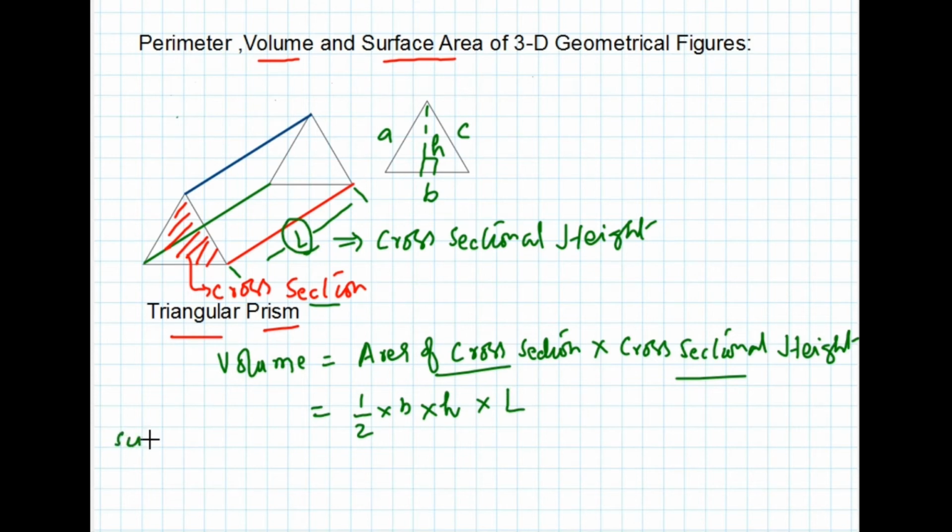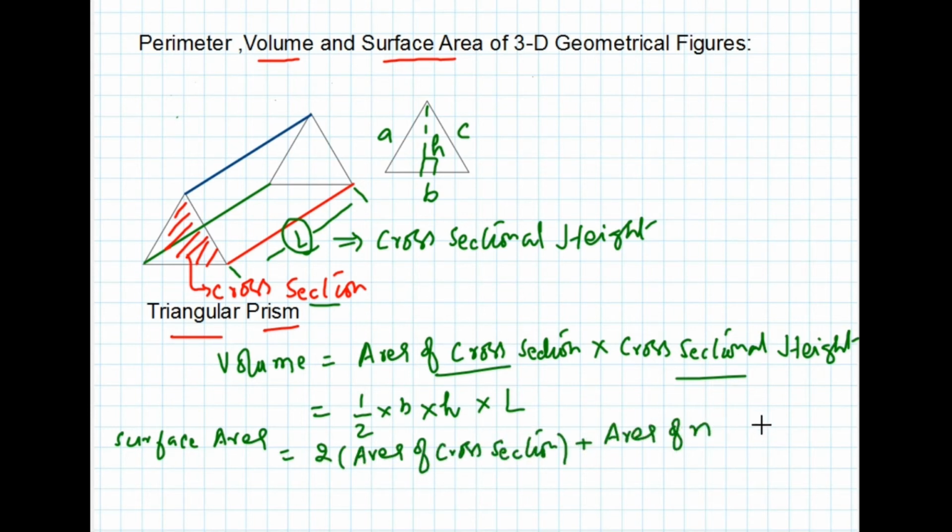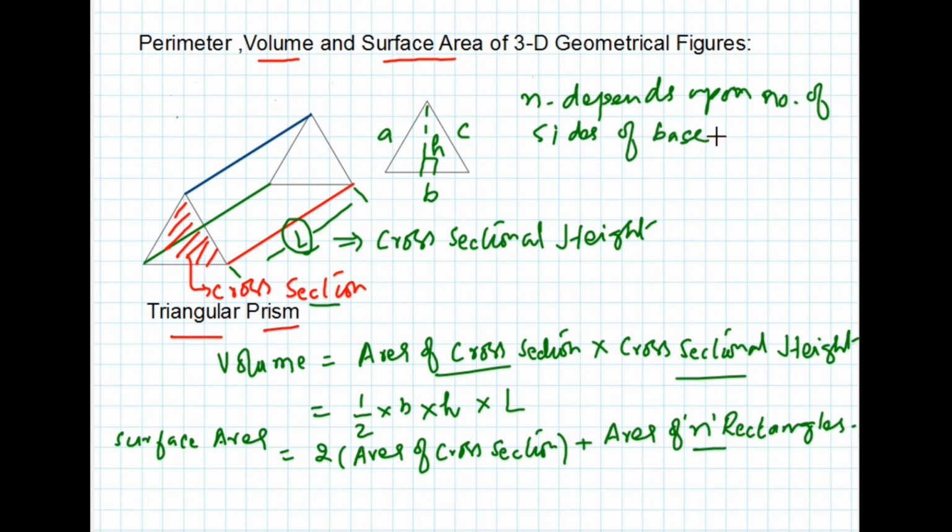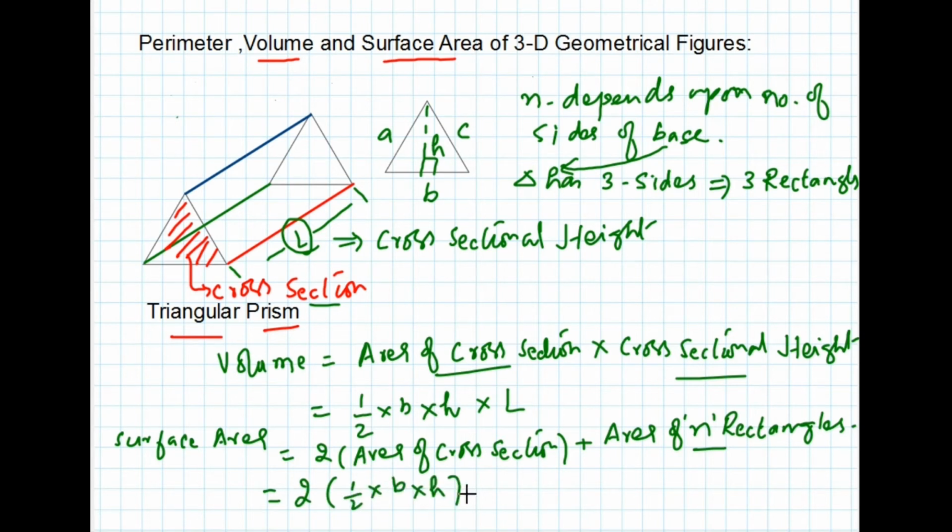Now surface area is equal to 2 bracket area of cross section of triangle plus the area of n rectangles, where n depends upon the sides of the base. A triangle has three sides, so there are three rectangles. Therefore surface area is equal to 2 bracket 1 upon 2 into B into H